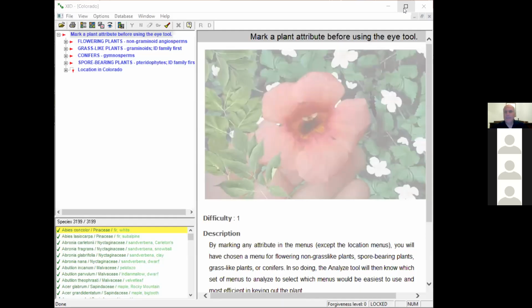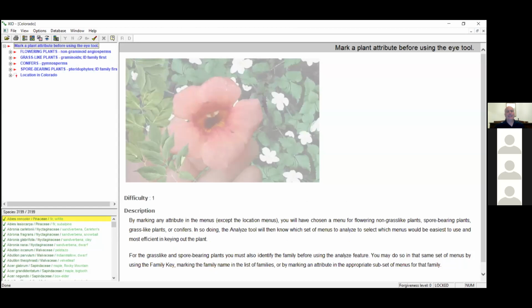Screen sharing has stopped. Okay, now I'm going to go back and screen share again. Maybe I can't share two at once. Okay, so we're just going to be able to share one at a time here, so it's going to be a little different. I can't have the picture of the flower, but we'll just do Townsendia hookeri again,